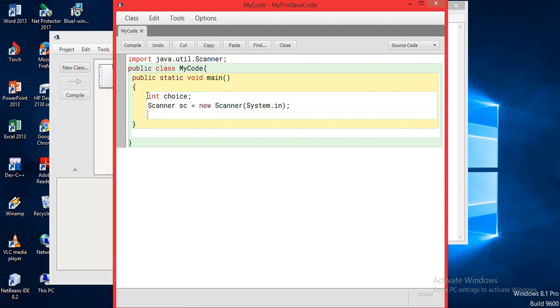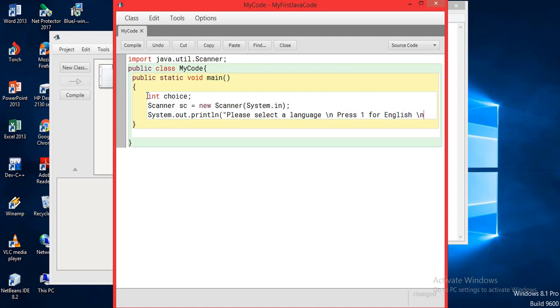So I'll say System.out.println. I'll ask him to please select a language, where if I want in the same statement I want to write something else, so I'll say \n, press 1 for English.